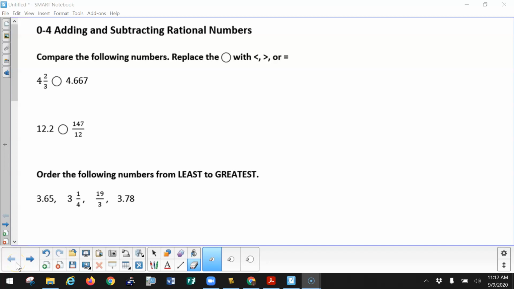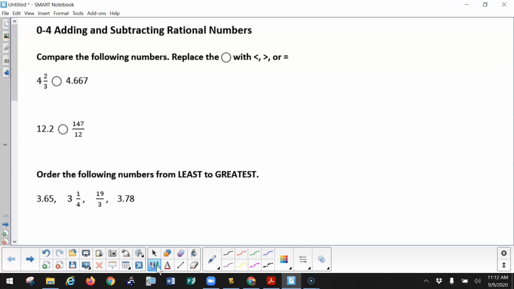These are the notes for Algebra 1A, Section 04, talking about adding and subtracting rational numbers. Rational numbers just means we're adding and subtracting fractions. So for a few things we want to talk about first is comparing numbers and ordering numbers from least to